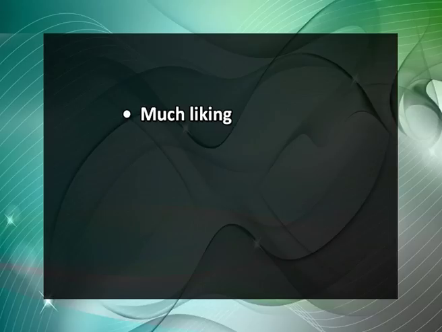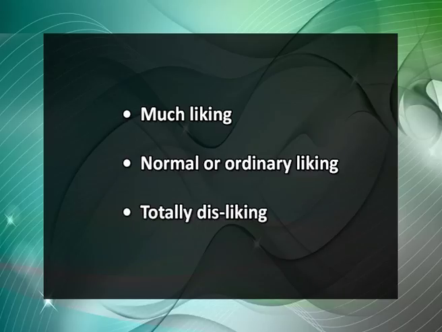In these items, 5 vocational activities are also included and in front of or below each item numbers 2, 1 and 0 are marked. These numbers mean or stand for much liking, normal or ordinary liking and totally disliking respectively. The candidate is required to encircle any of the 3 options depicting his much liking, normal liking or total disliking. Though there is no time limit to attempt the test, yet the candidate is supposed to finish the test as early as possible. The 10 parts of the inventory are related with the same 10 interests.